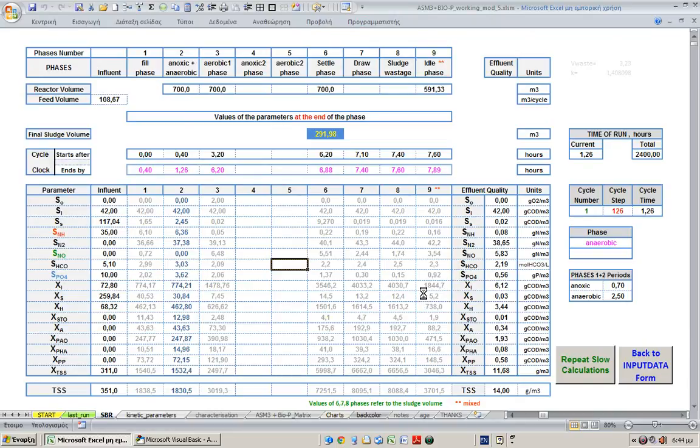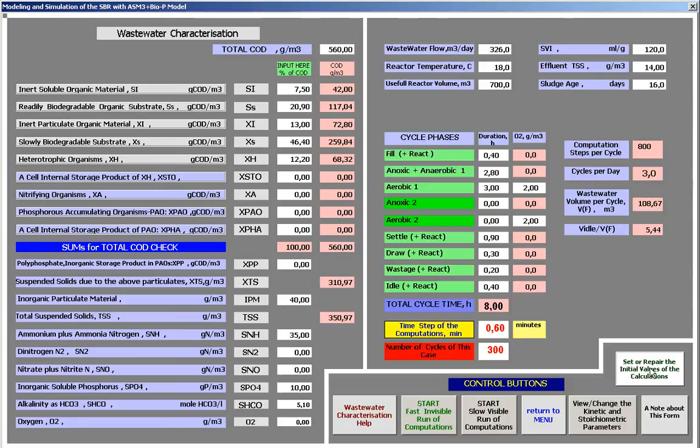If we would like to stop the calculations, we also press the escape button, which leads us to the same sheet. So if we would like to repeat the calculations, we press this button and we repeat the calculation from the point where we stopped. Okay, pressing escape again, we stop, we come back to the input data form, and